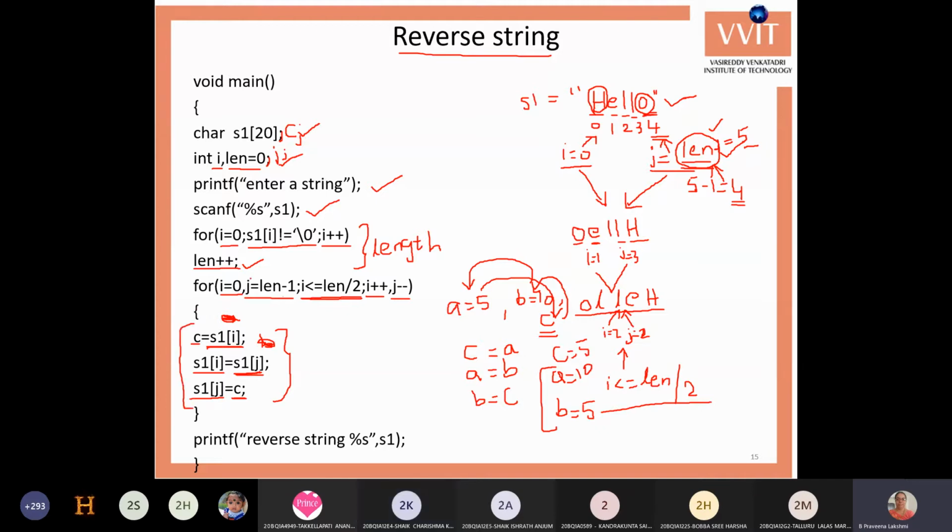Every time i value is incremented, j value is decremented, and those positions' characters will be exchanged. Once after completing the total for loop, we will get the reverse string. We can show the reverse string with percent s. This is the process of reversing a string.